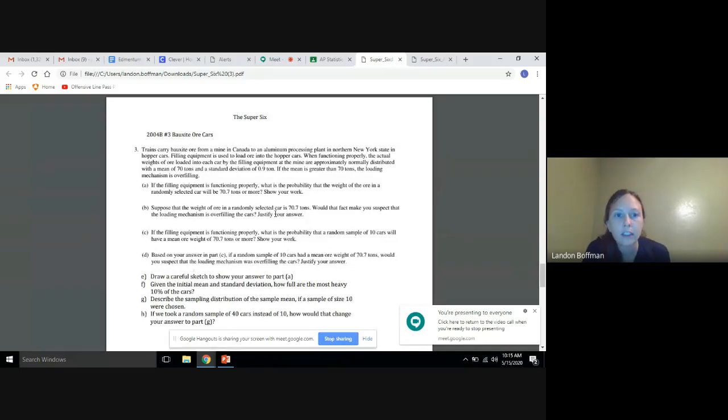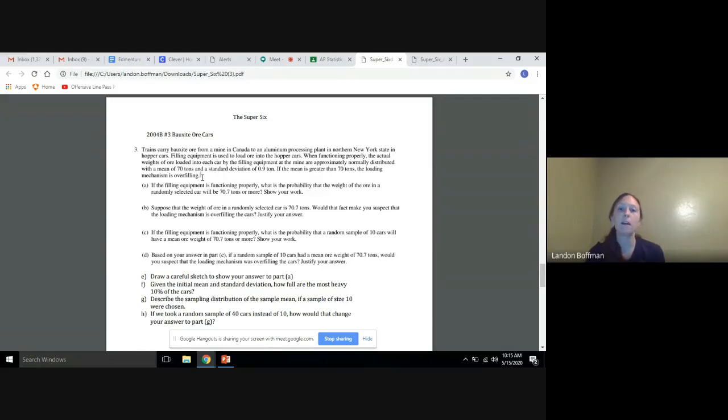So it says train. I'm not going to read this, but the idea behind it is that if it's functioning properly, the actual weights of ore loaded into each car by filling equipment at the mine are approximately normal with a mean of 70 and standard deviation of 0.9. If the mean is greater than 70, the loading mechanism is overfilling. So just keep in mind, if one car